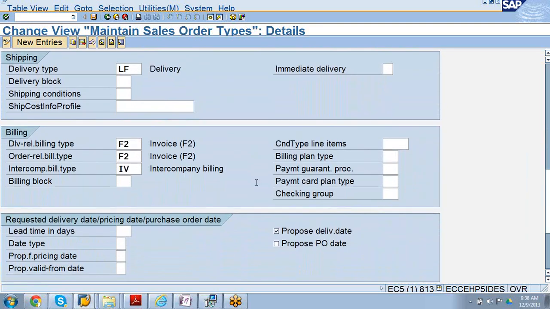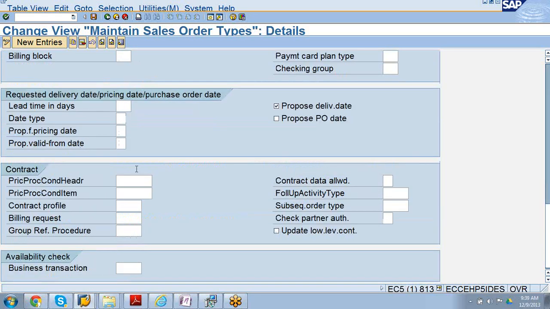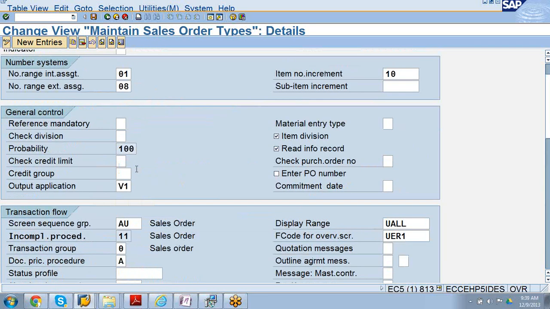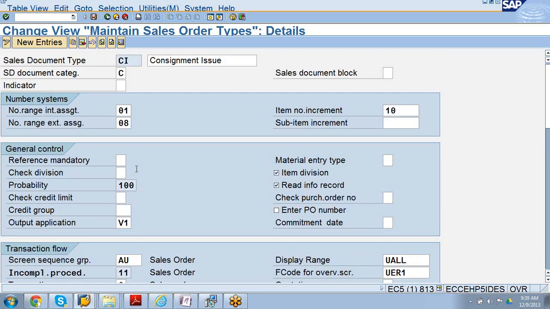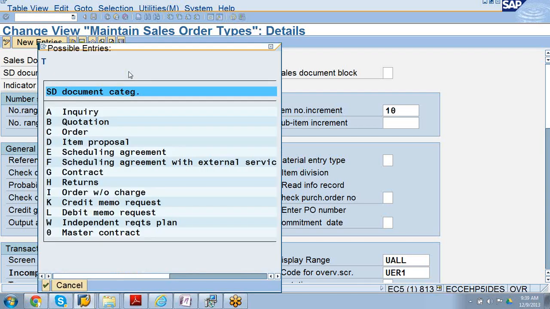You can see this. In this case, it is intercompany billing. There are two companies: the vendor is one company and the receiver is one company. And CI belongs to this order.